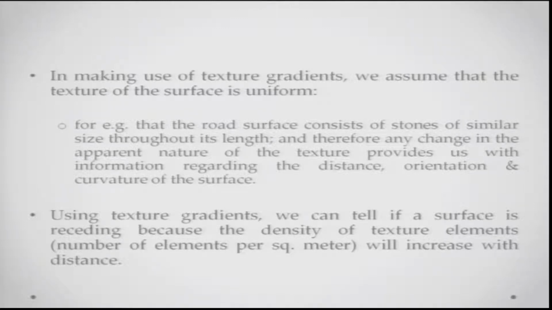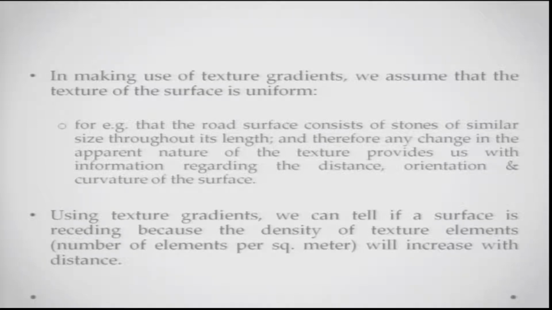Let us take an example. The surface of the road consists of stones similar in size throughout its length, and therefore any change in the apparent nature of the texture provides us with information regarding the distance, orientation and the curvature of the surface, that is the road. Imagine, say, you're riding a bike on a very nice road made with similar size stones, and in a long distance you might notice that sometimes the road appears to be